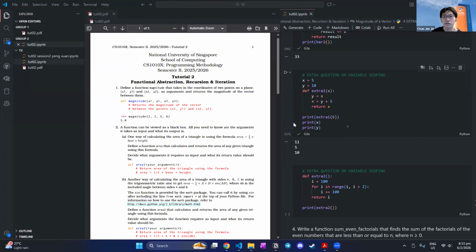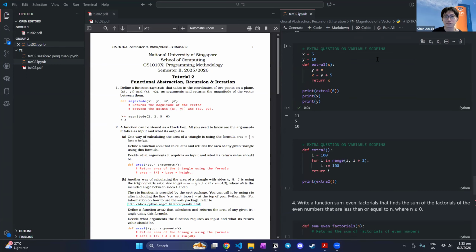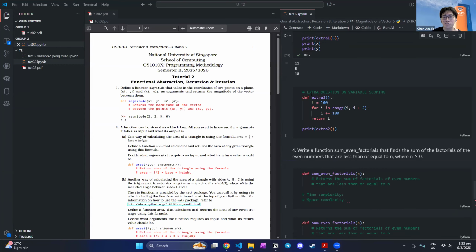So you need to understand how scoping works because it's also a common theme that will be tested in exam. Okay, the next extra question on variable scoping. Now this is basically you need to understand how a for loop works. So let's have